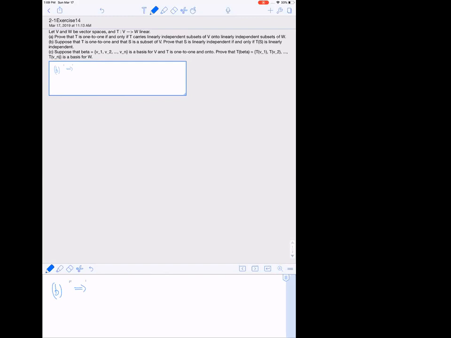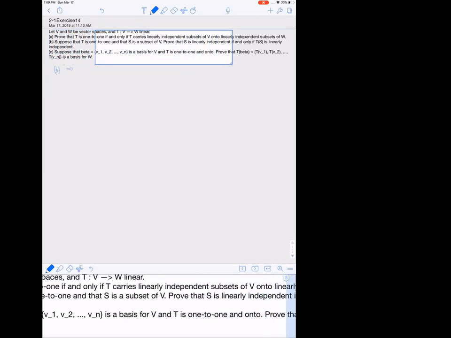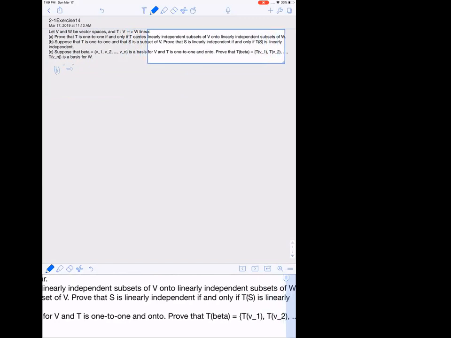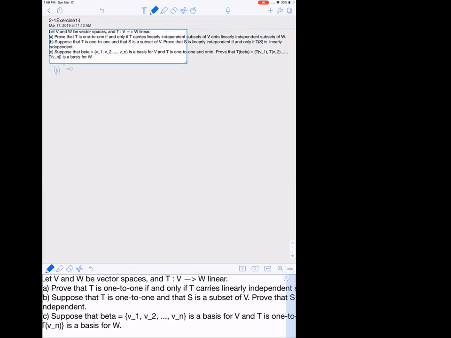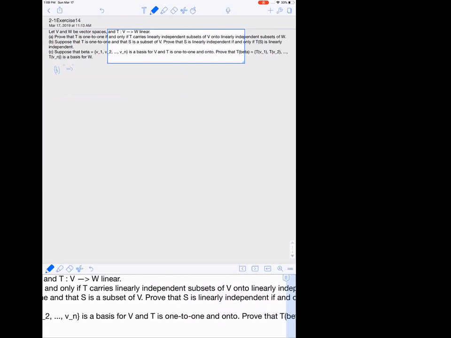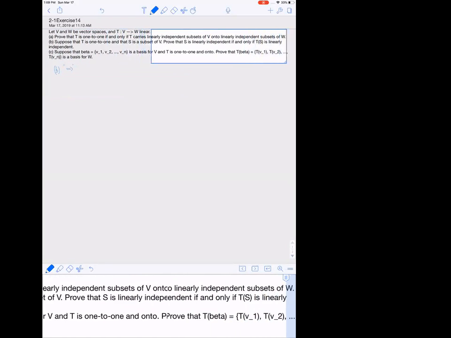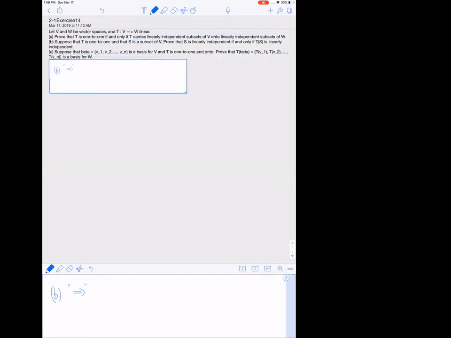What is this actually asking? So we're supposing that T is 1 to 1 and S is any subset of V. Then we're going to show that if S is linearly independent, then T of S is linearly independent. But that's exactly what we proved in part A. In part A, we showed that if T was 1 to 1, then if we had any linearly independent subset of V, then T would carry it to a linearly independent subset of W as well. So this forward implication of part B,